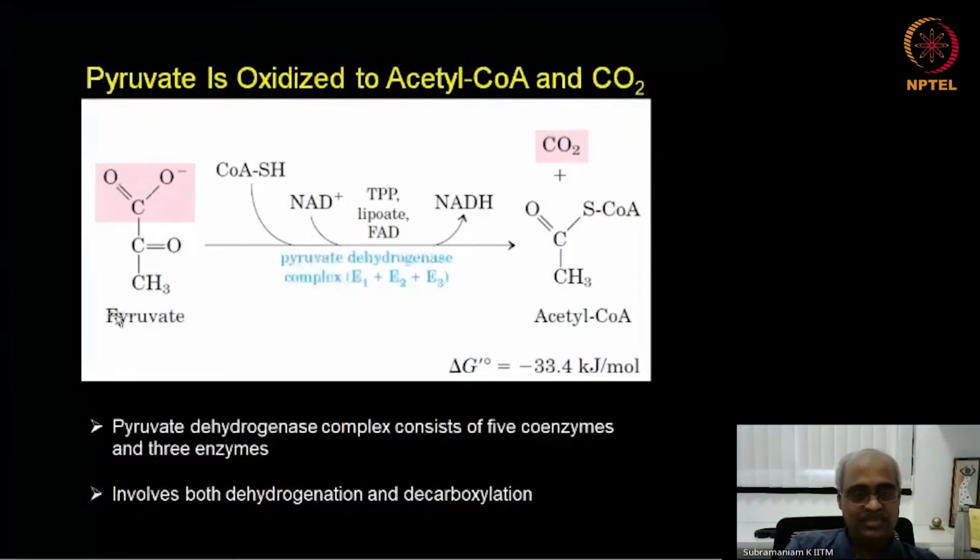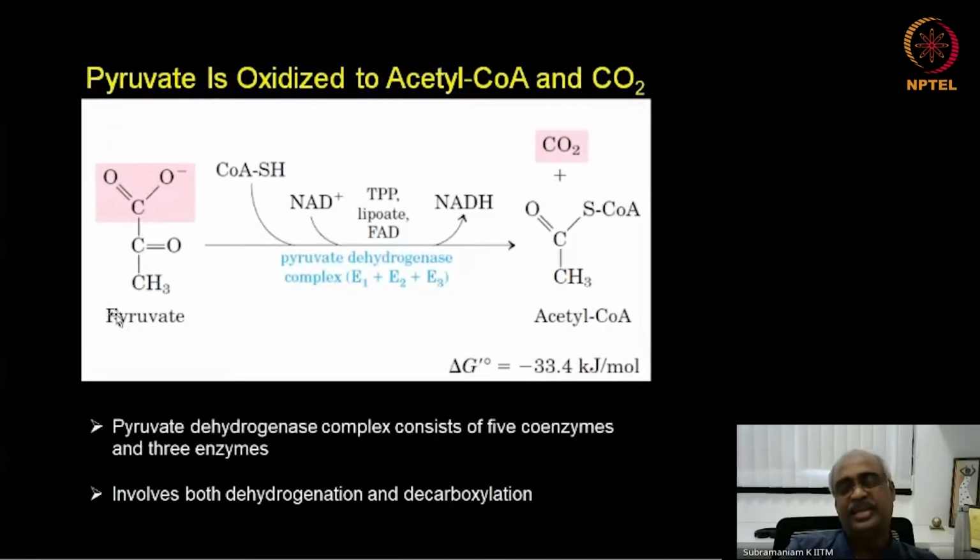What is accomplished is a decarboxylation and dehydrogenation. Electrons are removed, as well as carbon dioxide being released from this molecule. This carboxylic acid part is where the CO2 comes from, so that is a decarboxylation step. And second, this aldehyde carbon is oxidized to a carboxylic acid, in a thioester ester bond here. This is an SH and this carboxylic acid group. In a carboxylic acid, the carbon's oxidation number is lower, meaning it's more oxidized than the aldehyde carbon